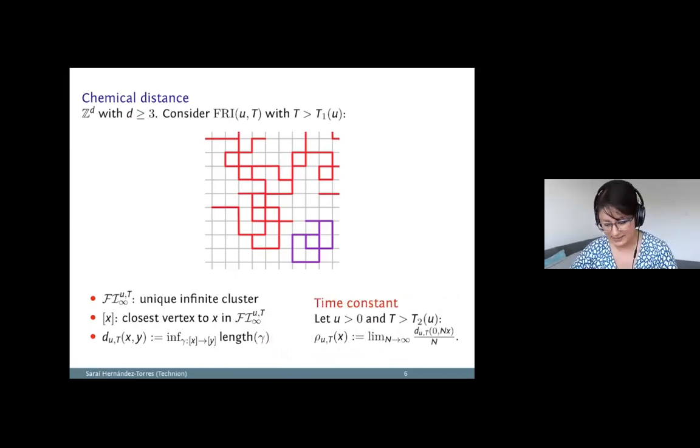So I'm taking the normalized chemical distance and its limit, by Kingman's subadditive ergodic theorem. This exists, with convergence almost surely and in L1, and it is a constant. And this really defines a norm that corresponds to the ball of the shape theorem for this model. So we want to understand that norm. And the theorem, as promised, on the continuity of the time constant, is